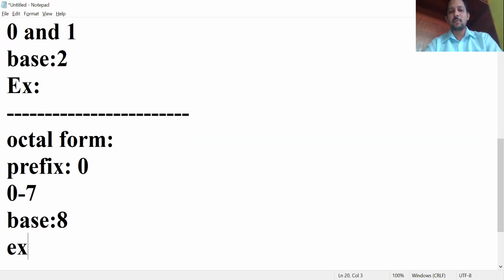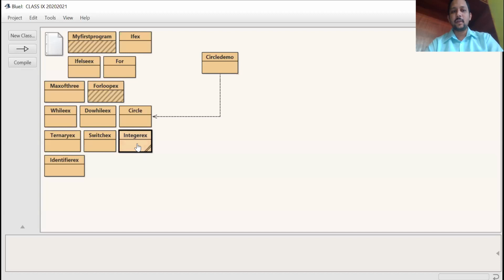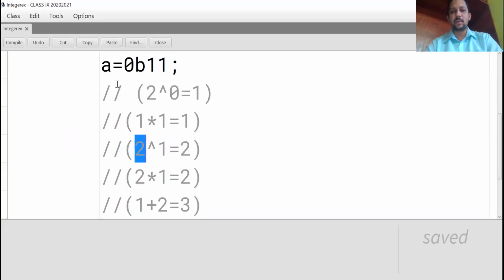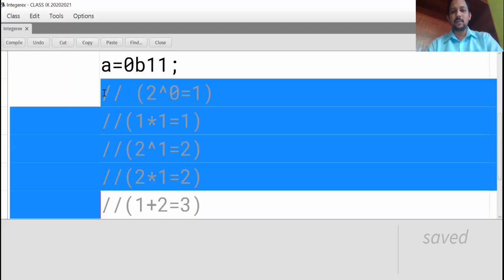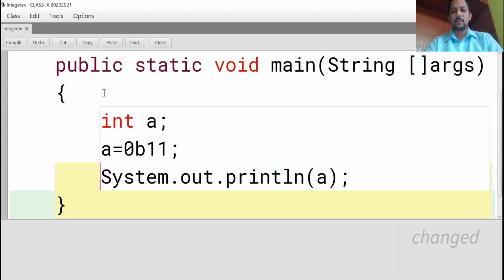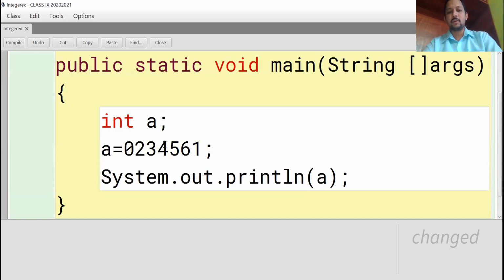Now I will execute an example program in your BlueJ system. Open integer example. Prefix is 0, then 2, 3, 4, 5, 6, 1, 7, 8, like this I am using.